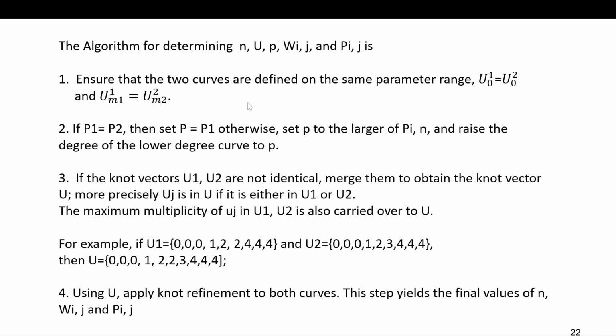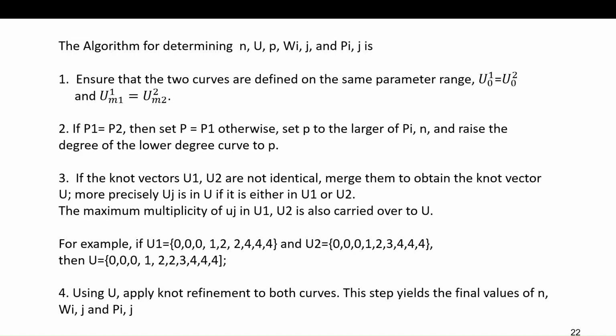The first thing that you have to ensure is that both the curves are defined on the same parameter range, u01 equal to u02, um1 of 1 equal to um2 of 2. That means the knot points on the first curve should be equal to the second curve. If they are equal, then p is set to p1. If they are not equal, then p is set to the larger of the p i. So the control points are set to the larger value of p i, and we raise the degree of the lower